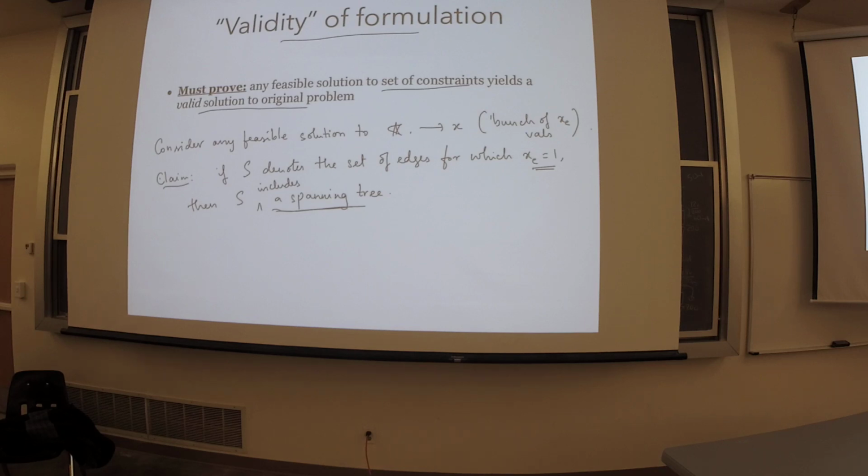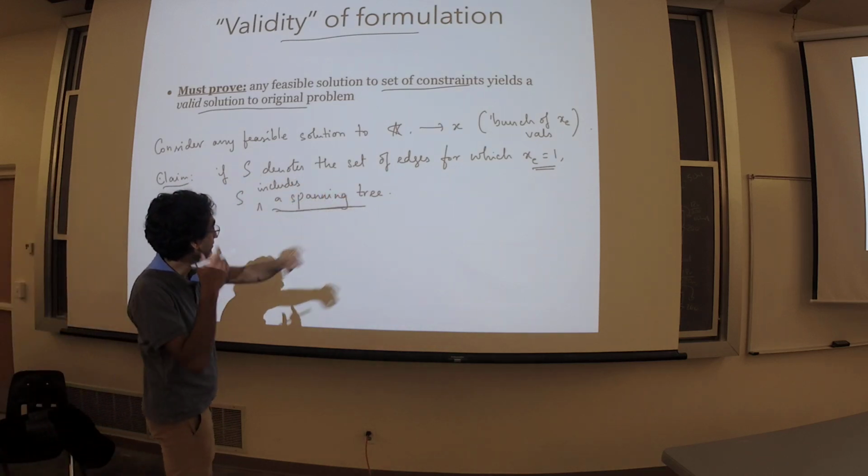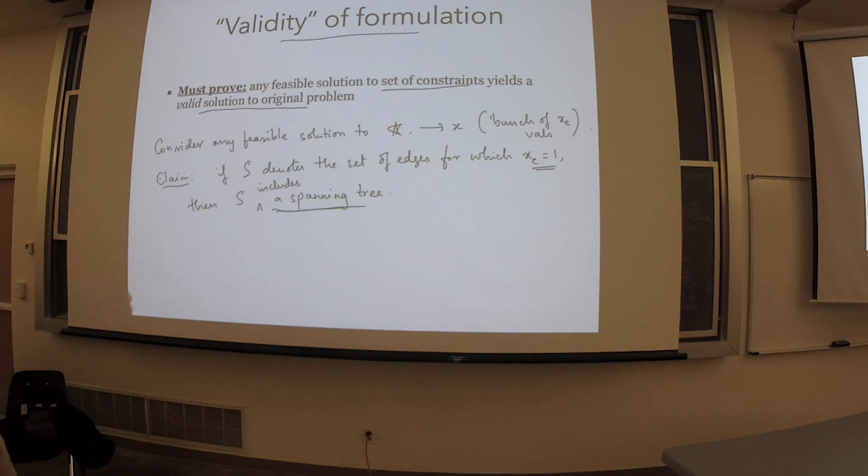Okay, so this is what we'd like to show, that if you have this set of edges, then it includes a spanning tree. So all you've got to show is that if you look at this set of edges, then every vertex is connected to every other. So this is equivalent to showing that using S, any vertex